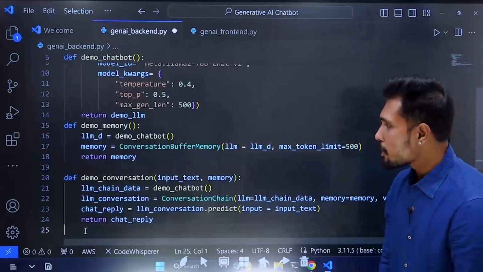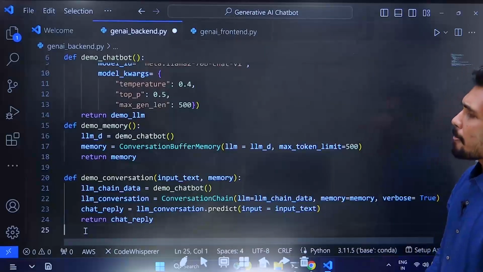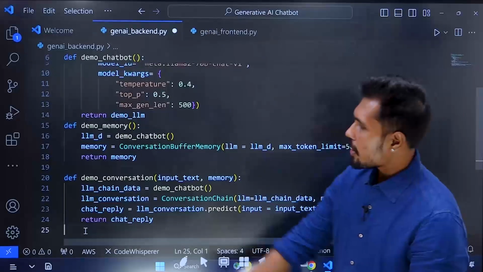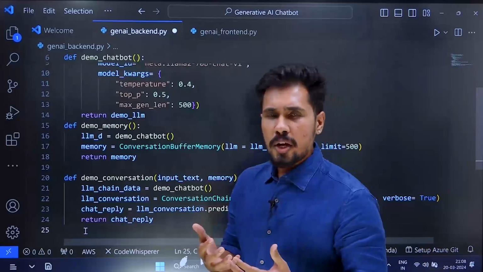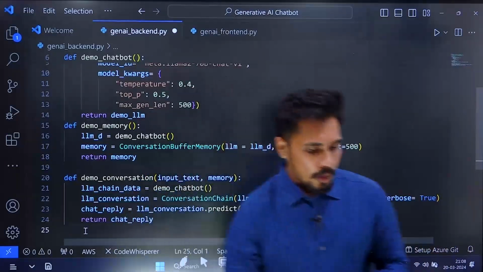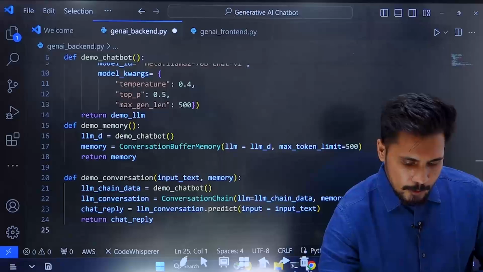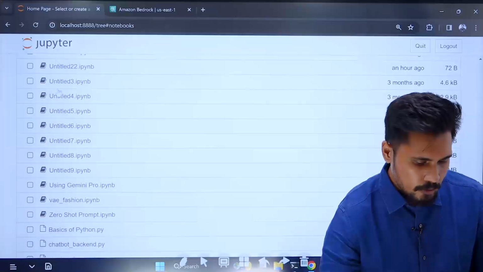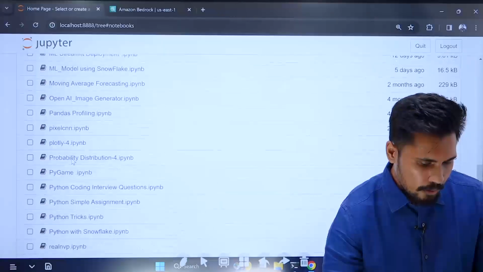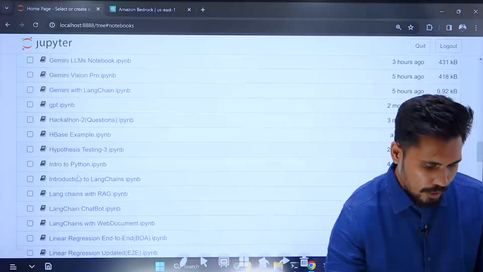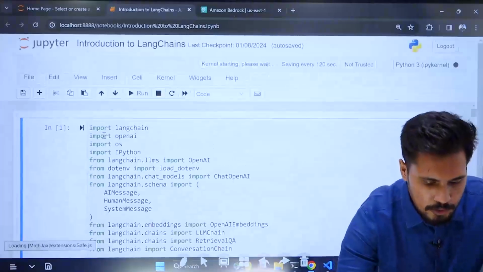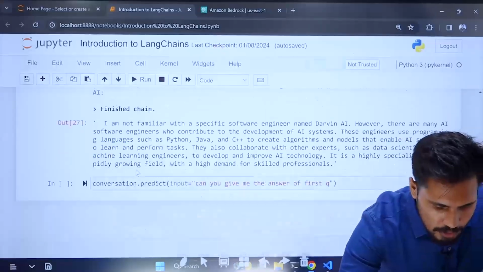So now it's very simple. We are trying to use conversation, instead of directly using conversation chain or conversation buffer. So if you go back to our LangChain work, let me show you the introduction to LangChains. This is our introduction to LangChains. If I scroll down,